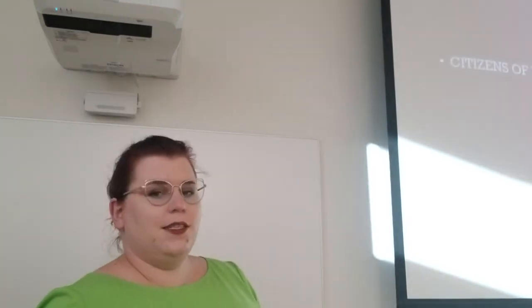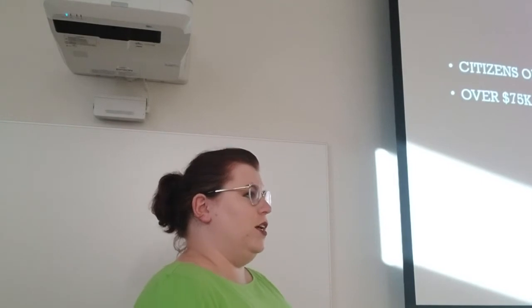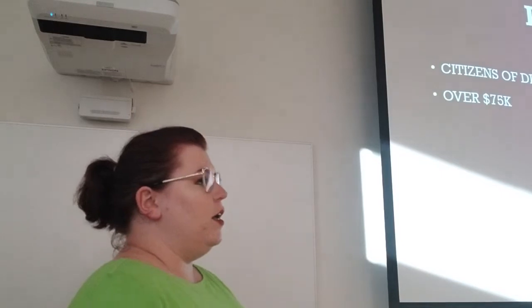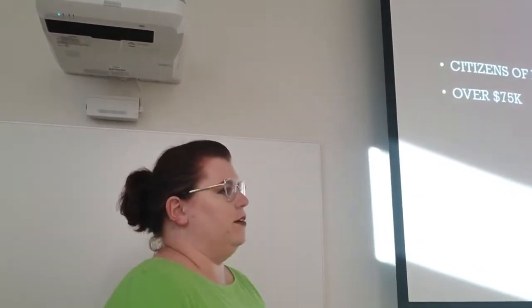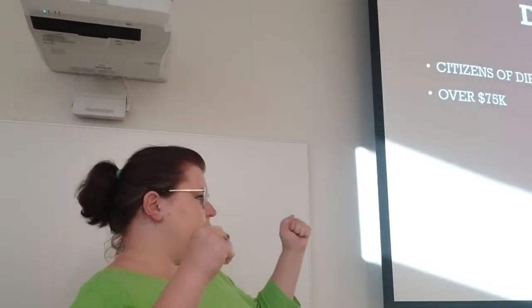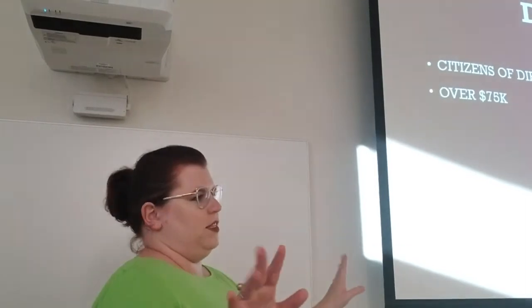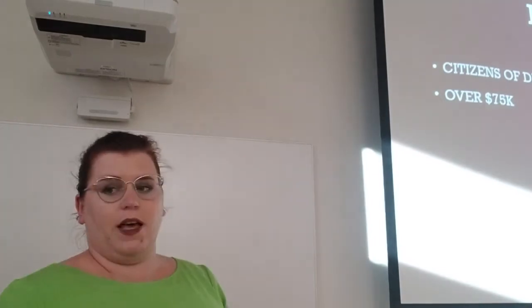Now, diversity of citizenship. Do you guys remember that one? It's going to be citizens of different states and over $75,000 in question. So it needs to be both of those, remember. So say I'm from New York, you're from California. I want to sue you, and I'm claiming diversity of citizenship, but it's only over like $500. Doesn't count. It has to be both different states and over $75,000.